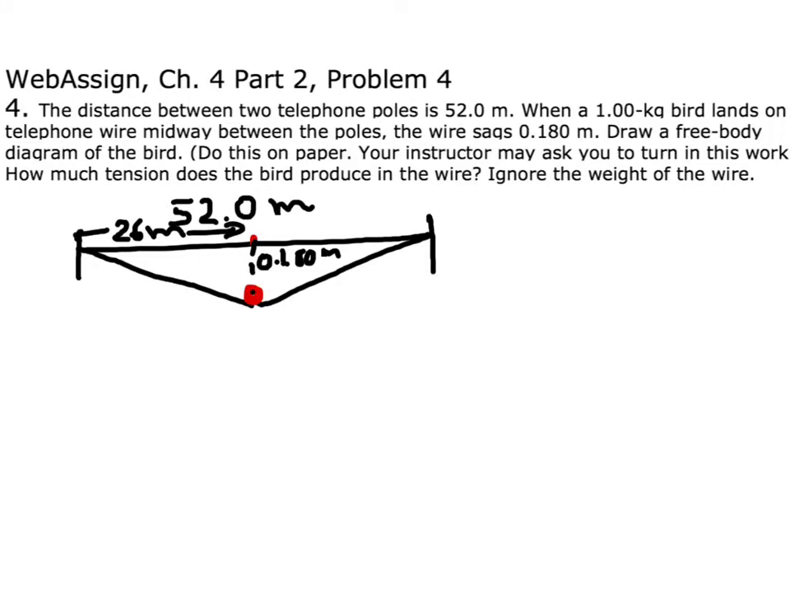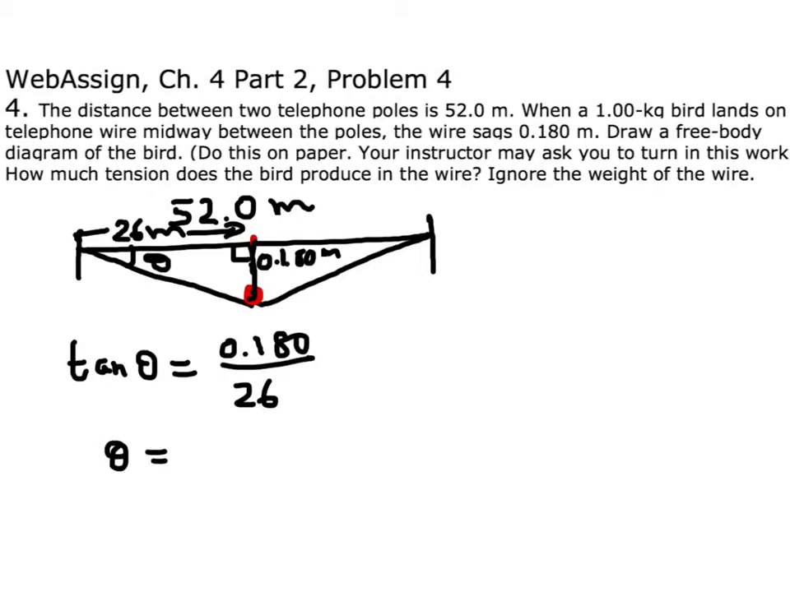So you can use this information. This is a right triangle here to get this angle theta, right? So you can say tangent theta is equal to 0.18 meters divided by half of the distance between the poles, which is 26 meters. And from this you can figure out the angle, right? And once you figure out the angle, the rest of the problem will be very similar to what we have